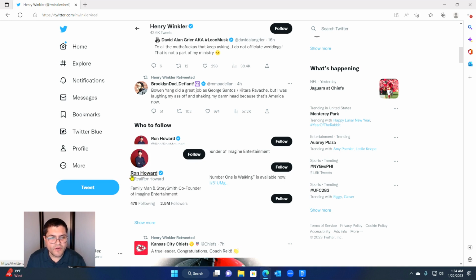So you have a picture, his name, and this blue badge, which is Twitter Blue. This essentially means that the account has been verified, and there's a certain amount of money that you have to pay in order to get this blue check mark. But as you can see, this is at a premium. This kind of verifies that you're an actual person behind the other screen, and so it verifies that this account is not just some computerized account